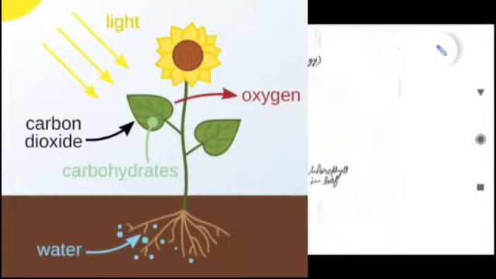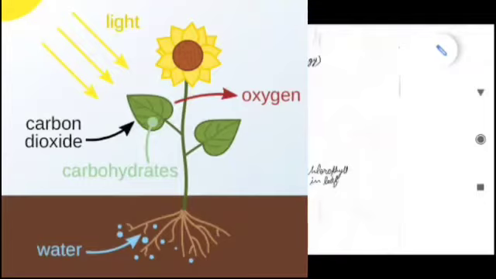During the process of photosynthesis, plants get energy from the sun, that is called solar energy. Sunlight falls on the leaf of the plants, and solar energy is trapped by chlorophyll present in the leaves. Carbon dioxide is taken from the atmosphere through the stomata, and oxygen is released after the reaction through the stomata into the atmosphere. Water and minerals are taken from the soil through the roots, and go upward into the plant up to the leaves.